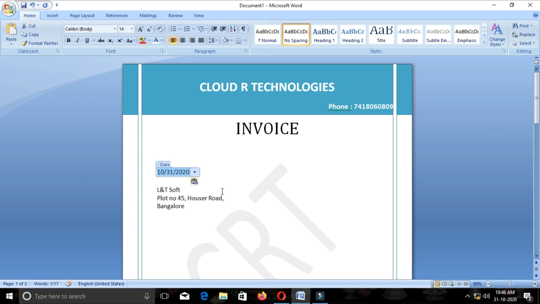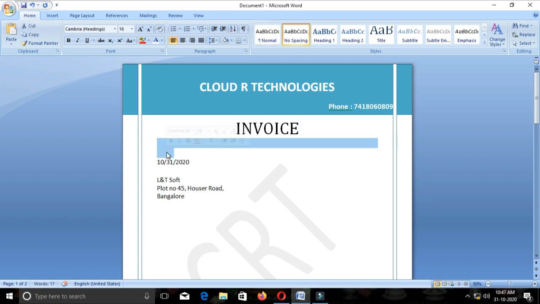I can't move it. Okay, I leave it as it is because it is pre-designed. If you want to change it, completely remove it, then type your data on the right side or left side, anywhere in the document.